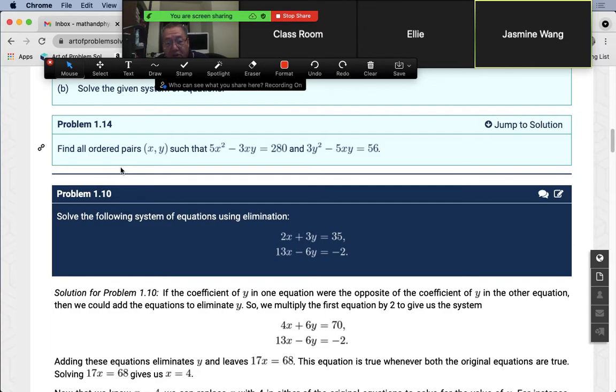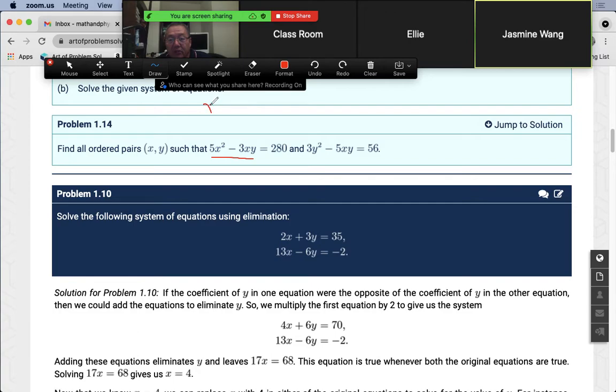If you cannot cancel one variable, you need to think what trick you can use. Say for the first one, I see here,